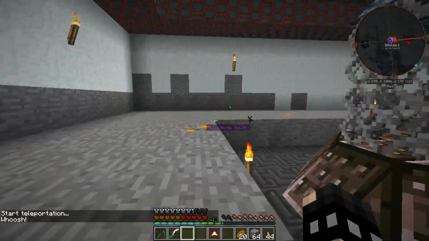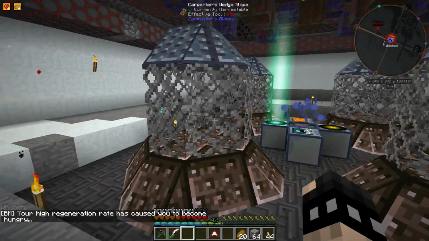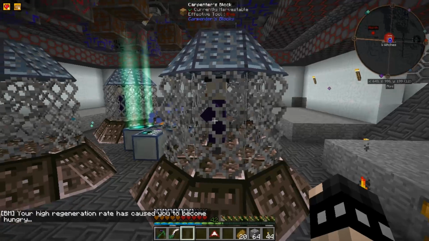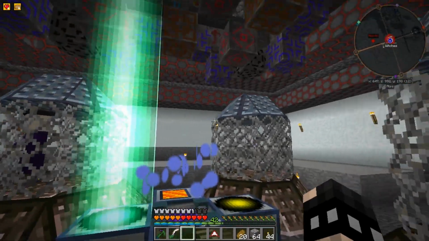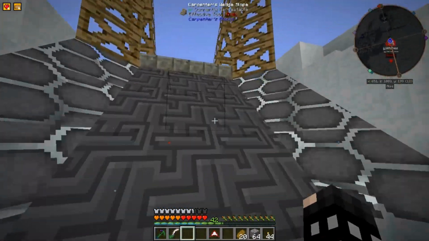I have 10 witches here now. I think there was an error, like a lag issue or whatever, and these two witches didn't get named, so when I left this area, they despawned. But I have 10 witches here that are named. I have 4 here, and then if we go upstairs,